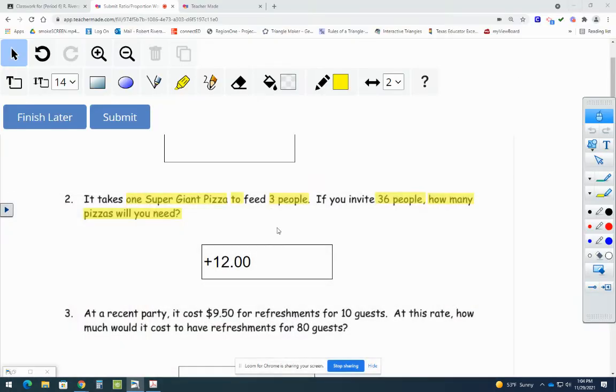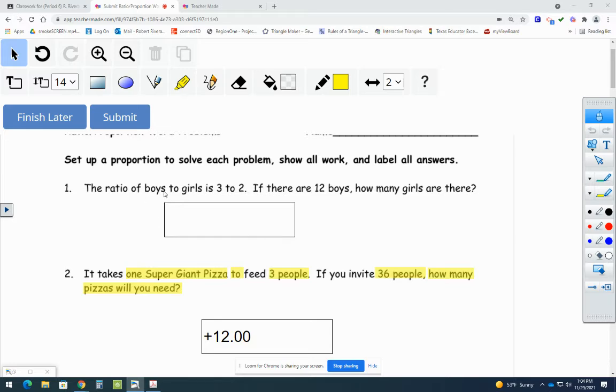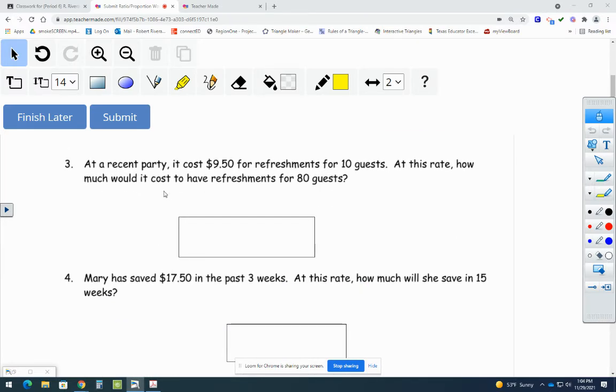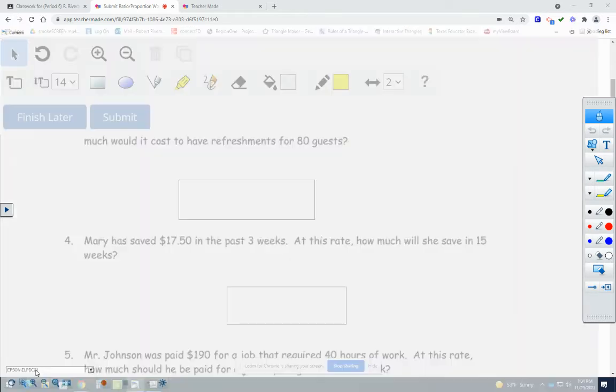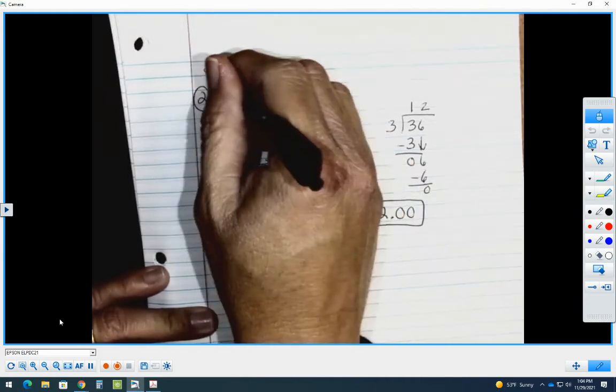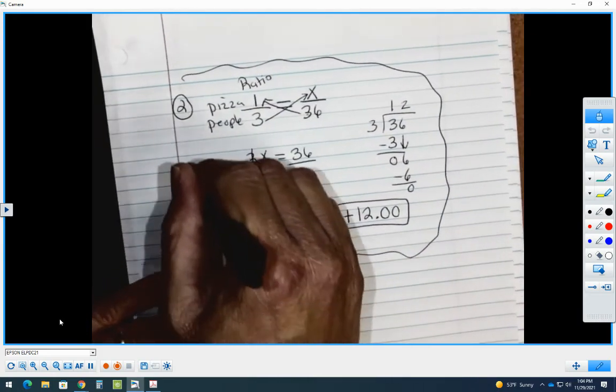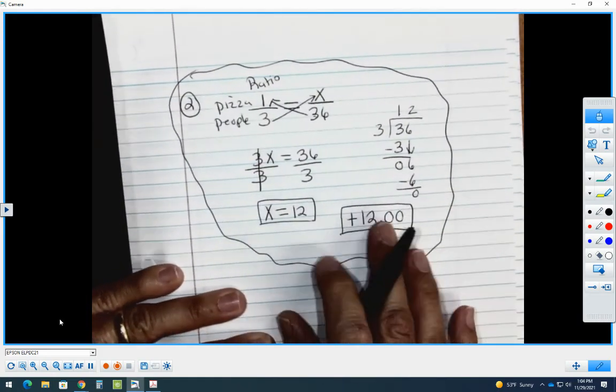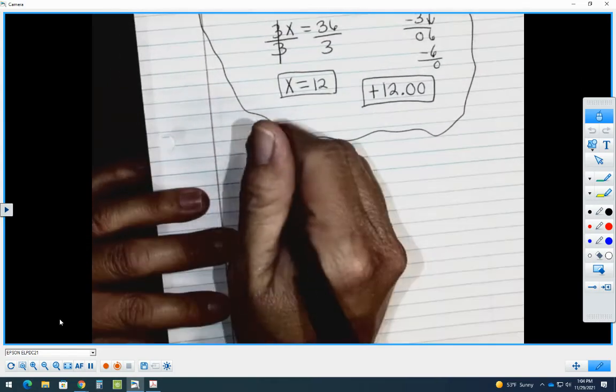Once you're done with that one, you will do number one exactly the same way. Now let me do number four. Once you're done with your homework in your homework journal, you can put a little bubble around it so Mr. Rivera knows that everything inside this is number two. For number four,